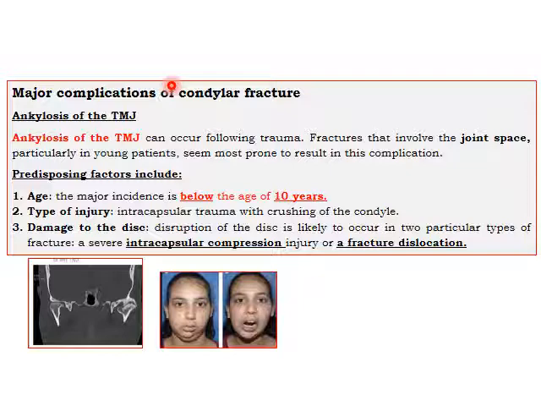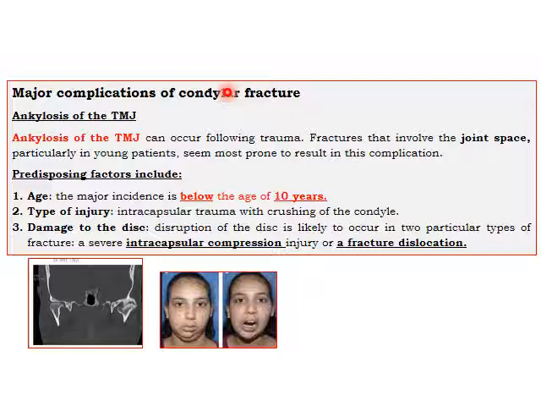First of all, the age. The major incidence is below the age of 10 years. So when the patient is below 10 years, the incidence of ankylosis is high. Type of the injury to the joint: